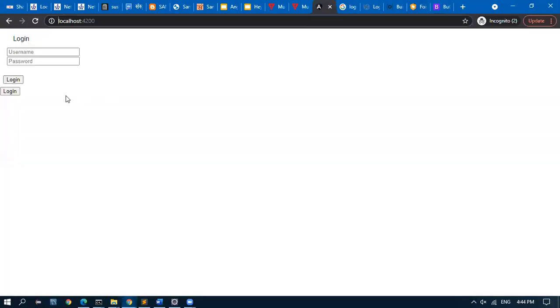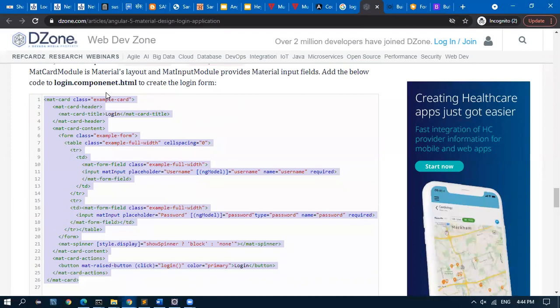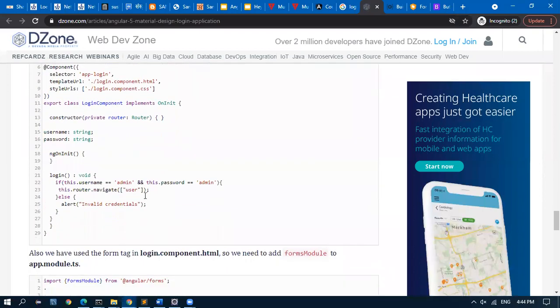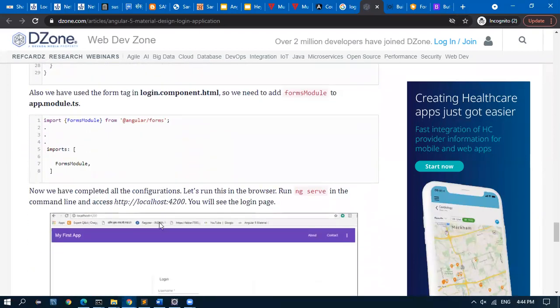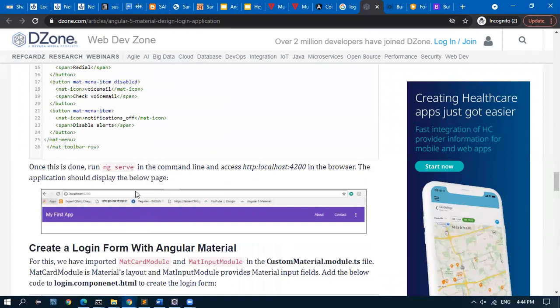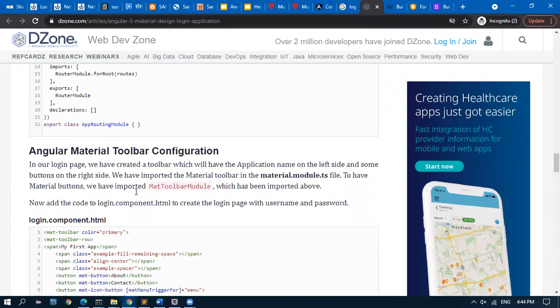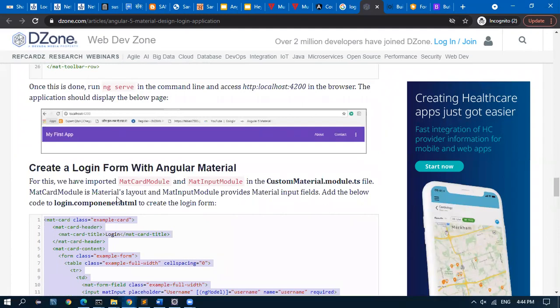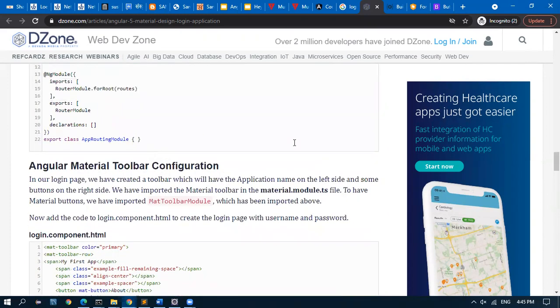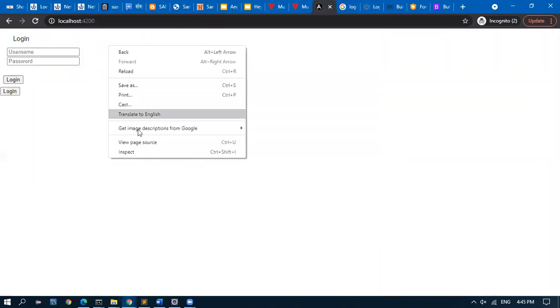So if I go back to this, I have this login page. It is not coming in the center.